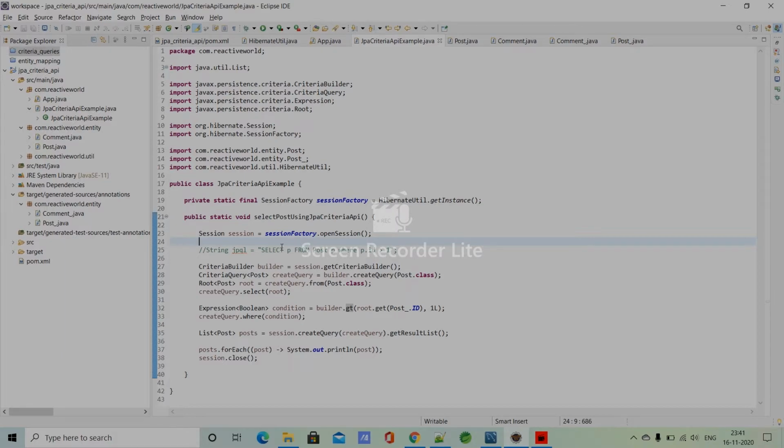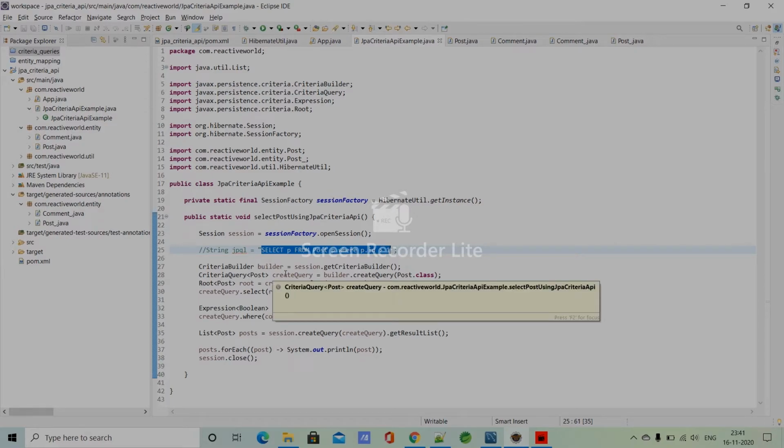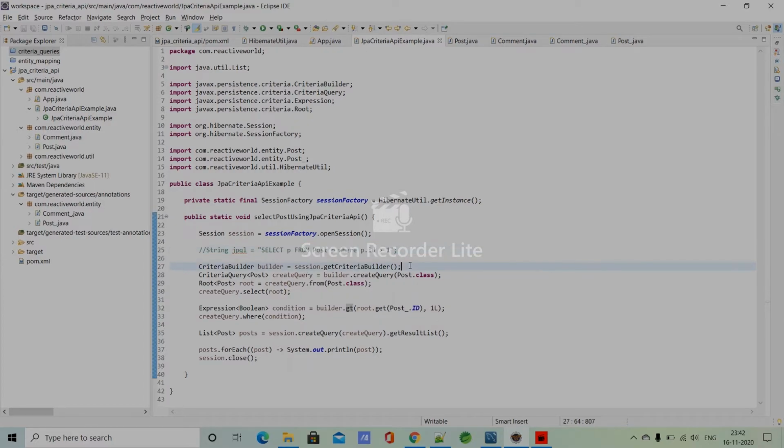Let's discuss it. Okay, so what we are creating here, we are just creating this query with the help of the JPA criteria API. Okay, so in this line we are getting a criteria builder object, and with the help of the criteria builder object we are creating a criteria query instance, and you can see we have passed here our entity type.